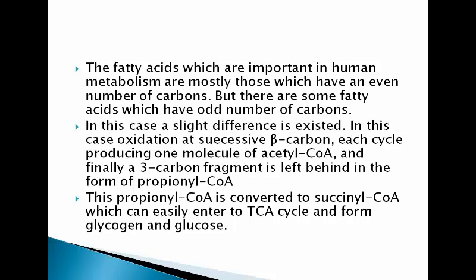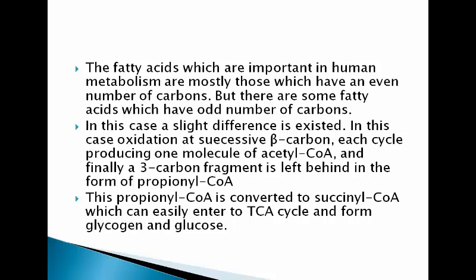In such a case, the oxidation at successive beta carbon, each cycle will produce one molecule of acetyl-CoA, as in the case of palmitic acid, which has an even number of carbons. But the difference is there at the last: in the case of an odd number of carbons in the fatty acid, the last product is a 3 carbon fragment which is left behind,